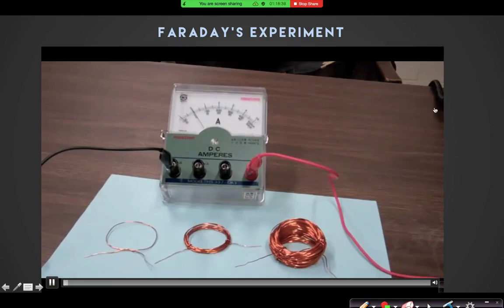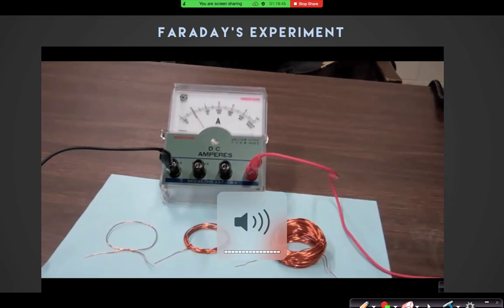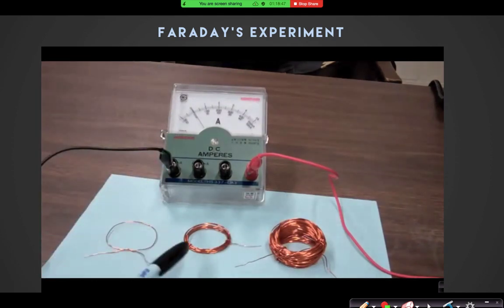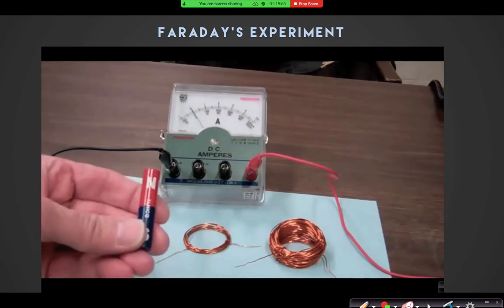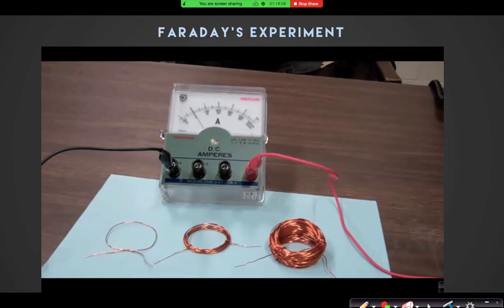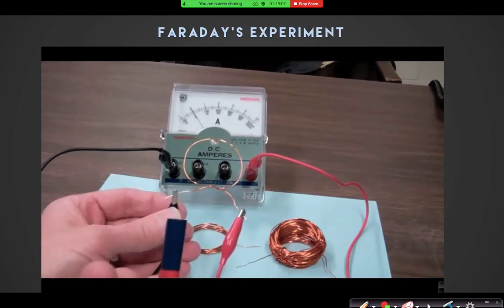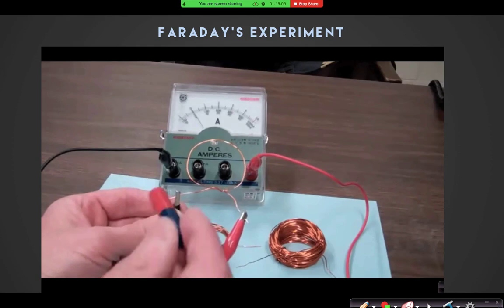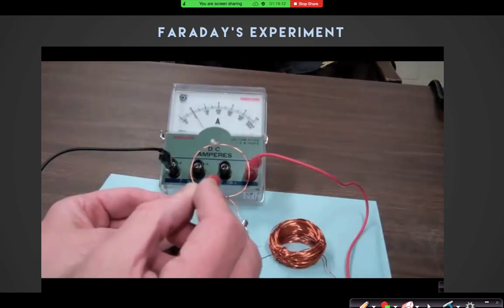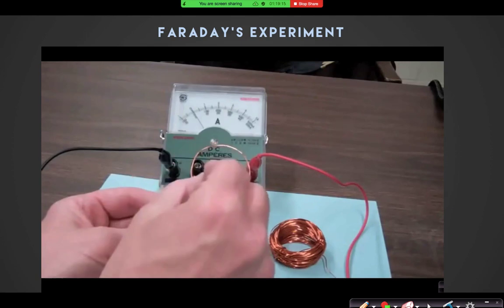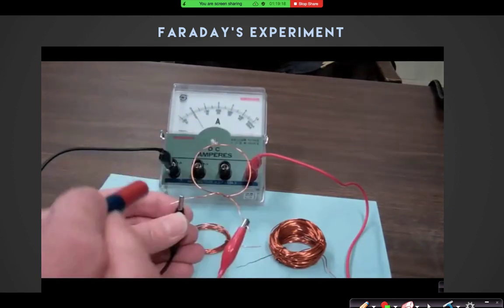I am going to demonstrate electromagnetic induction with an experiment similar to the one that Michael Faraday performed. I have an ammeter here, and I have 3 coils: a coil with 1 loop, 10 loops, and 100 loops. I also have a bar magnet, and I will start by connecting the single loop coil to the ammeter. I'm going to move the bar magnet into and out of the coil, and if you watch very closely, you can see a slight deflection of the ammeter needle.